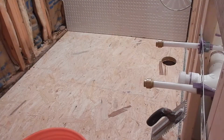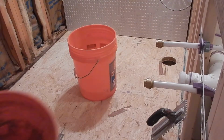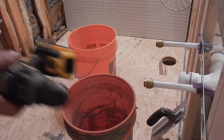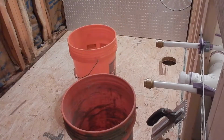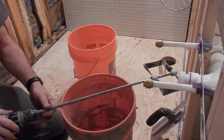Alright, so first thing I have to do is I have to mix up some thinset. And so I've got a bucket of water. I have a mixing bucket. And I've got a mixing paddle. I've got my heavy duty drill. And so let me put the paddle onto the drill,